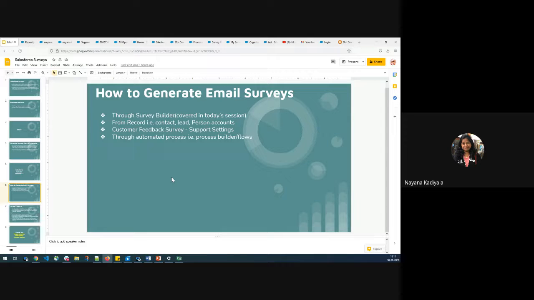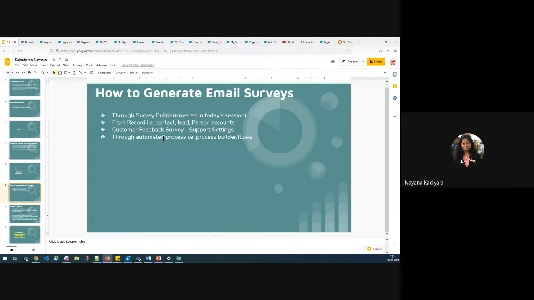And we have seen that we can trigger survey email to a maximum of 3000 participants through the survey list view feature. In today's demo, we'll understand how we generate survey emails from a contact record or a lead record, and then we'll see how we trigger a feedback survey whenever a case is closed using the out-of-the-box functionality that we call customer feedback survey.